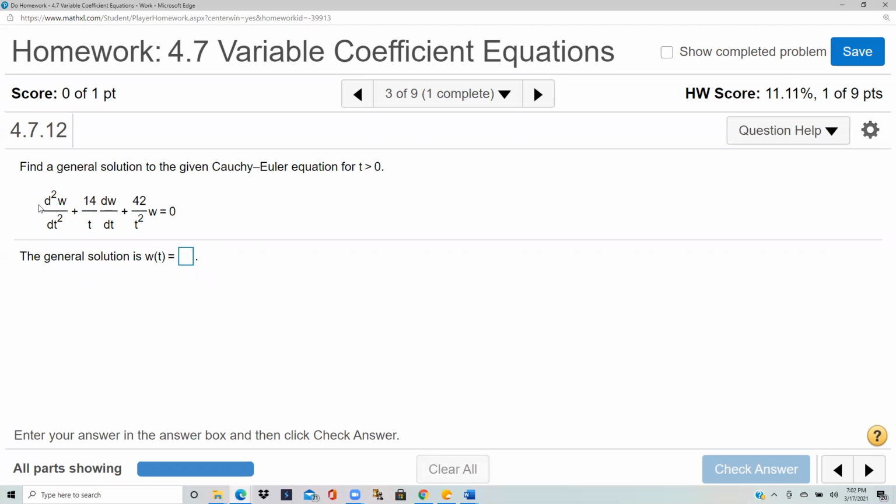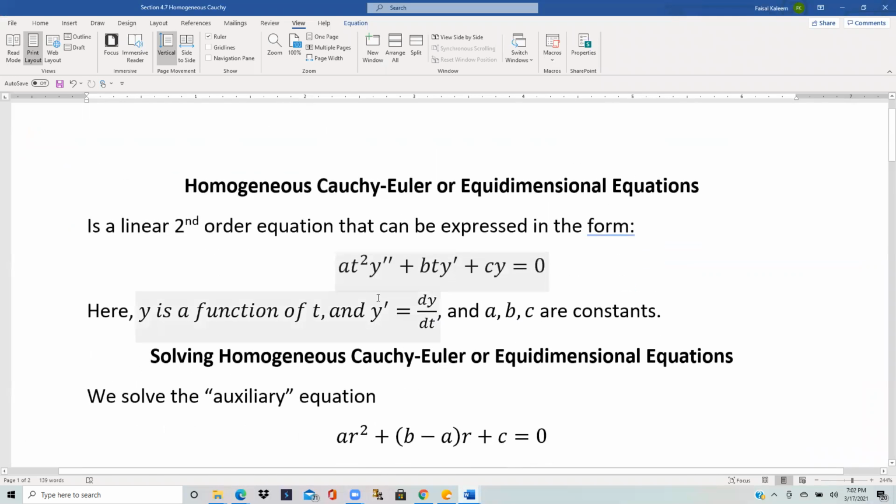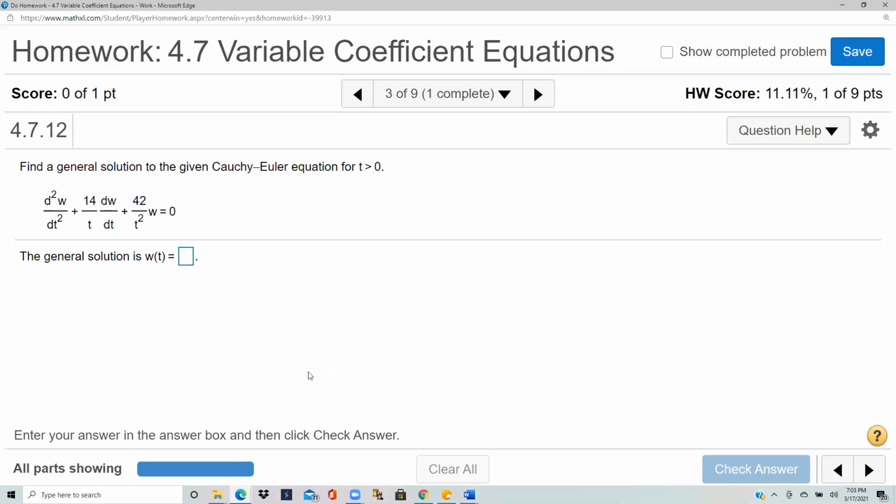Okay, now this one at first sight doesn't look like a Cauchy-Euler equation, because remember we need to have the form, so let's go back. We said that this is the Cauchy-Euler form: a t² y'', so with the y'' you have to have t², with the y' you have to have t, and with y you don't have anything, just a constant. So at first sight, this equation that we just saw doesn't look like a Cauchy-Euler equation because you have t's in the denominators. But if you multiply both sides by t²,